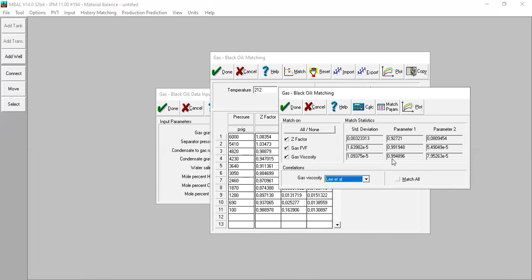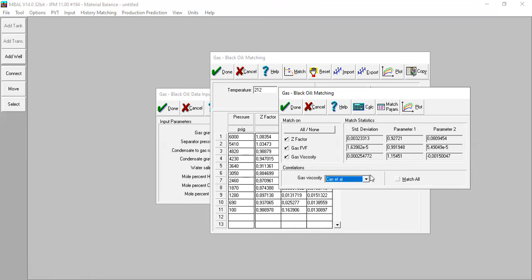But for Carr et al., the number is 1.15451. Also close to 1, but Lee et al. is closer to 1 than Carr et al.